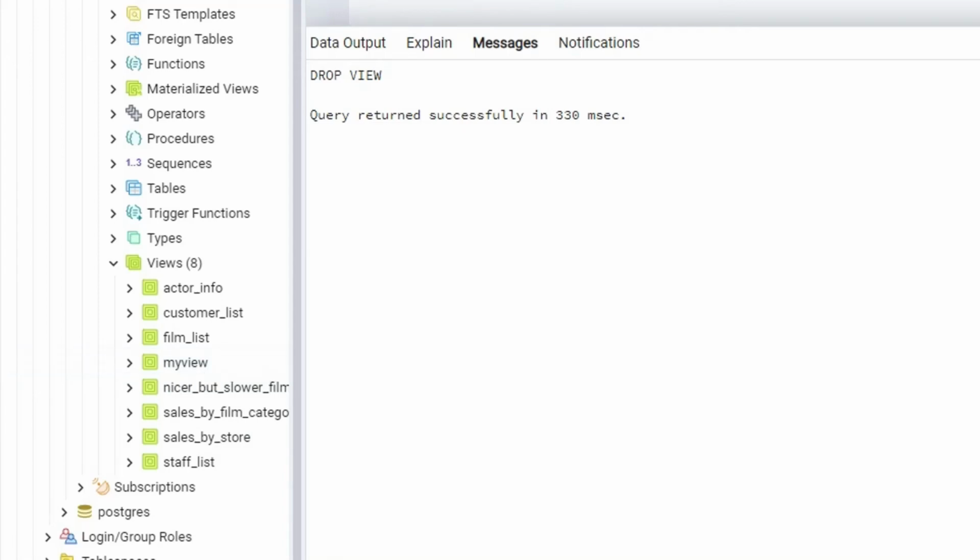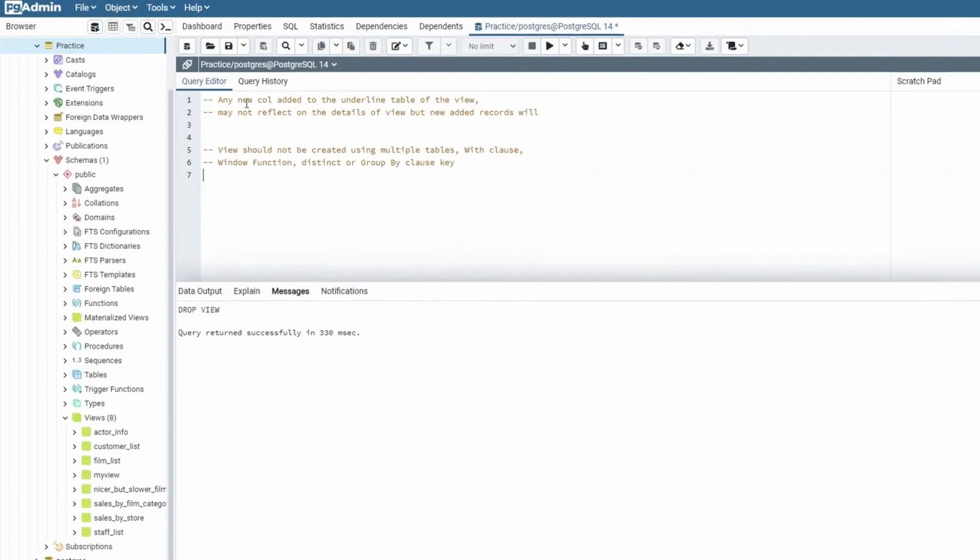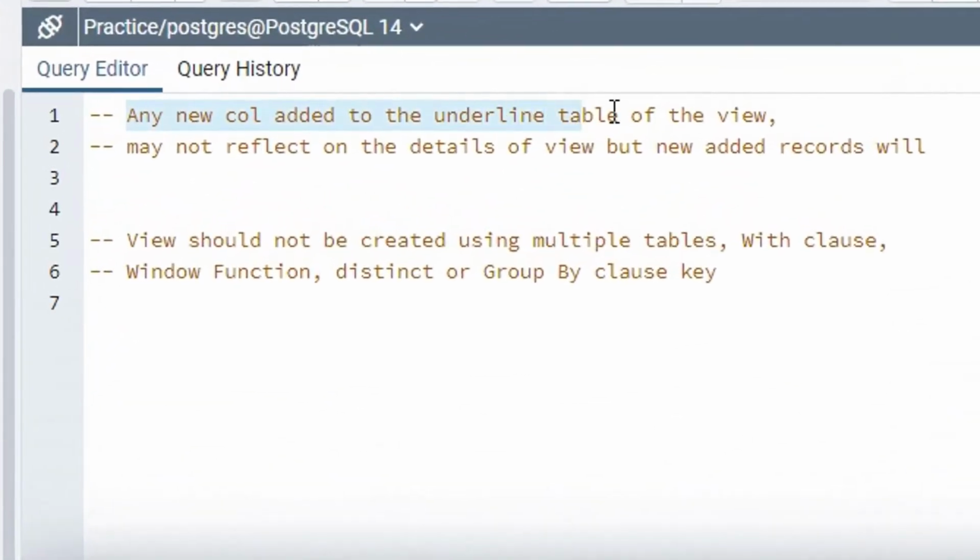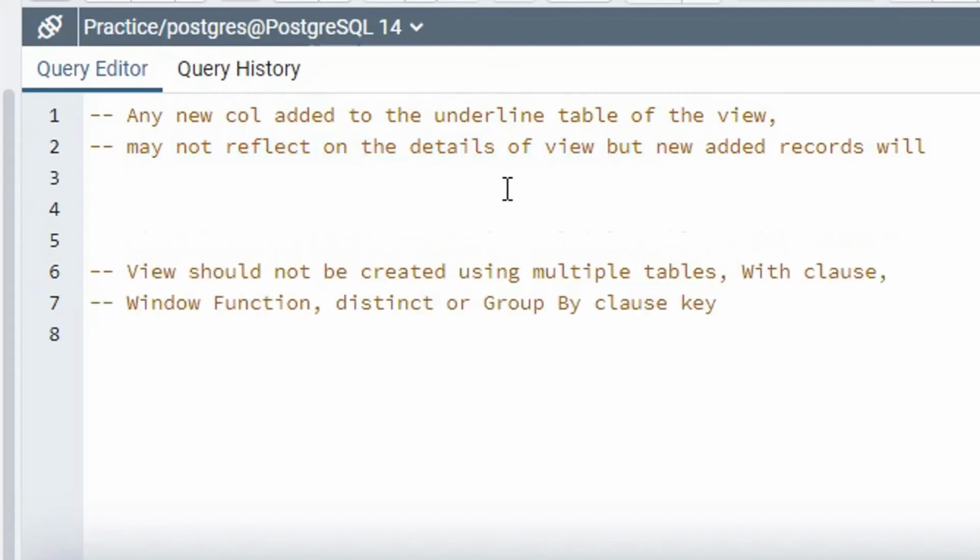So before we close this lecture, a couple more things that you need to understand about views. Any new column added to the underlying table of the view may not reflect in the view. The way we created my_view with the help of the payment table, if you make any changes by adding a new column to that payment table, it may not reflect in the view. Let's say you are creating a new view named custom on top of the table payment, and you make some modification to this payment table by adding a new column,